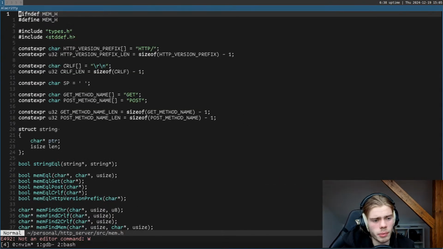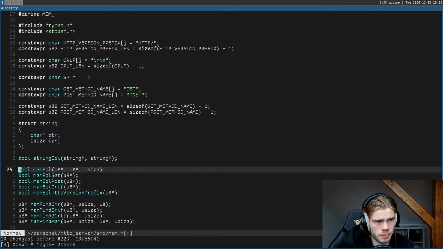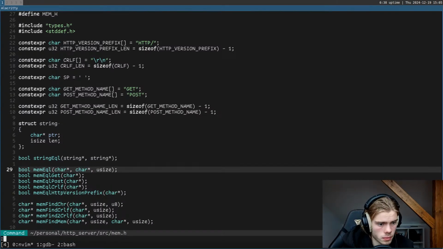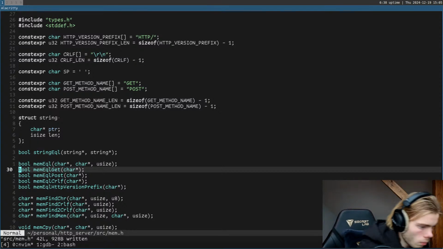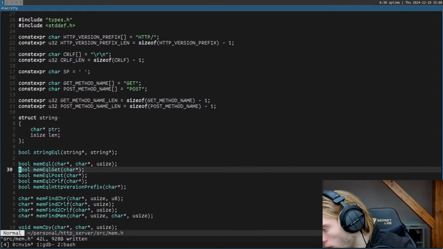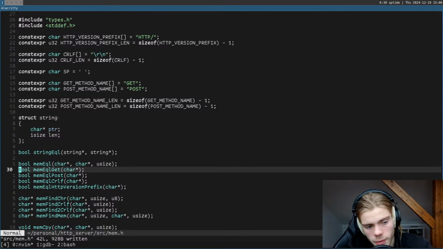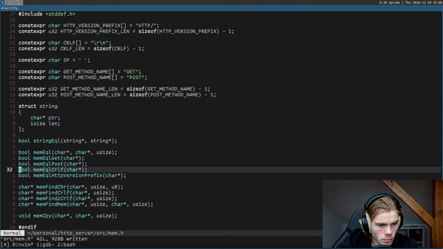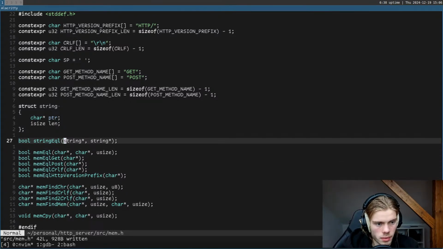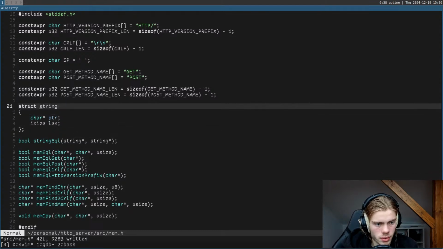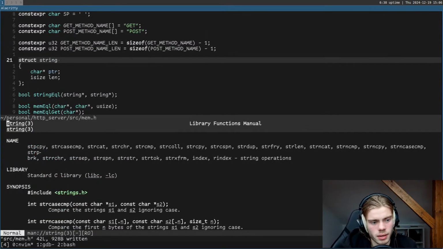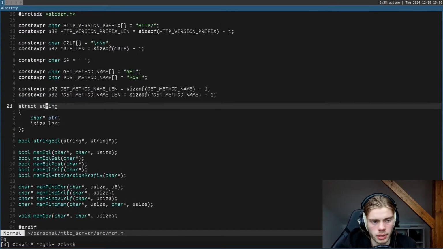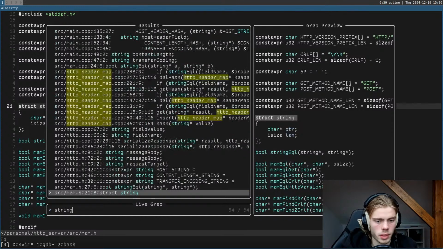Is that something we might... this is something we might want to implement in mem. So I don't really like this. To me, this is really a pointer type, not a string. But we use string a lot, so